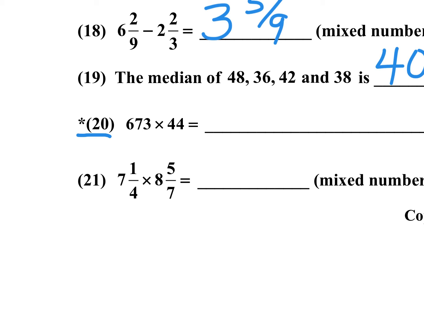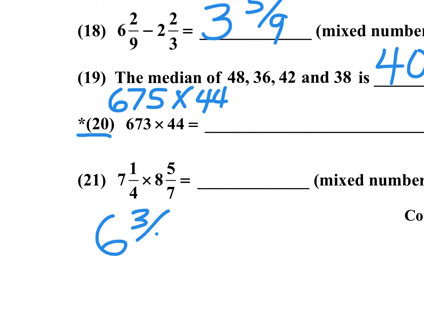I see 673 as something pretty close to 675. And I like the 75 since we just saw a shortcut with 75. And 44 is divisible by 4. So think of 6 3/4, 675, 6 3/4 times 100. That's 675 times 44. So what I would do is I would take